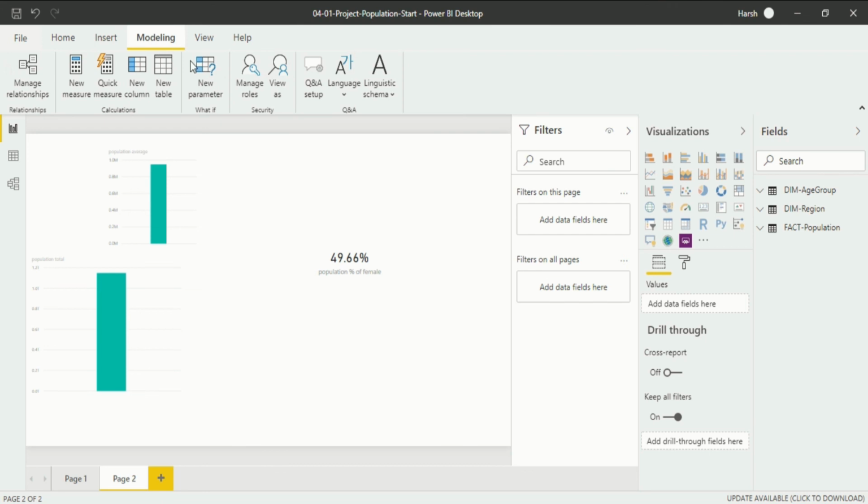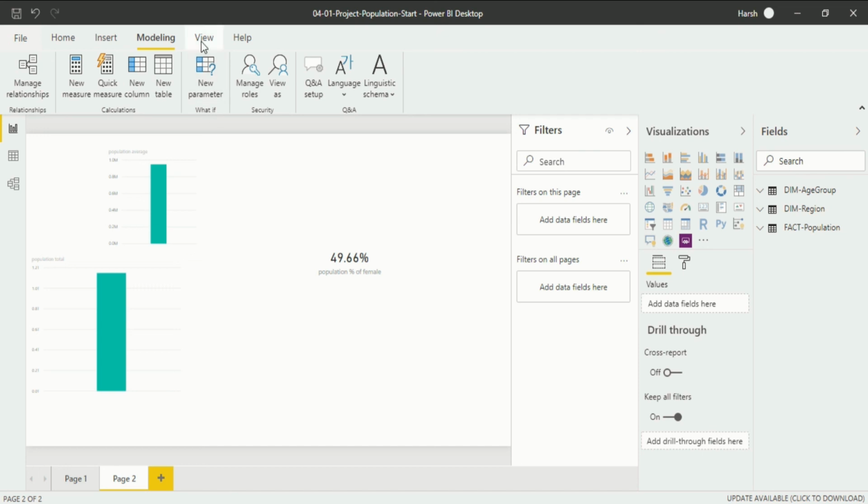So modeling is a part which is mostly covered in the model section, or you can say the model view. Most of them are useless in this report view. So if you want to understand the modeling, which I have already covered in my previous video, you can go there and see how it works.